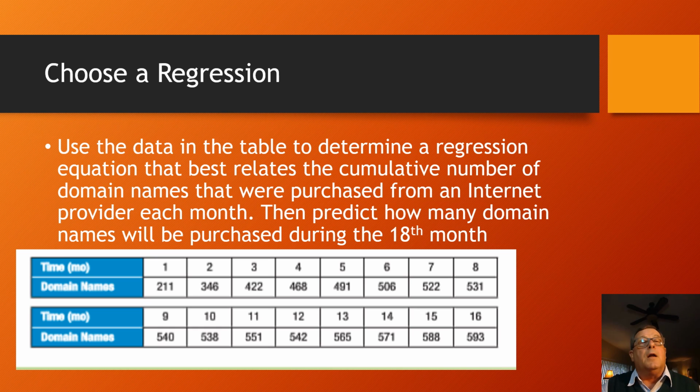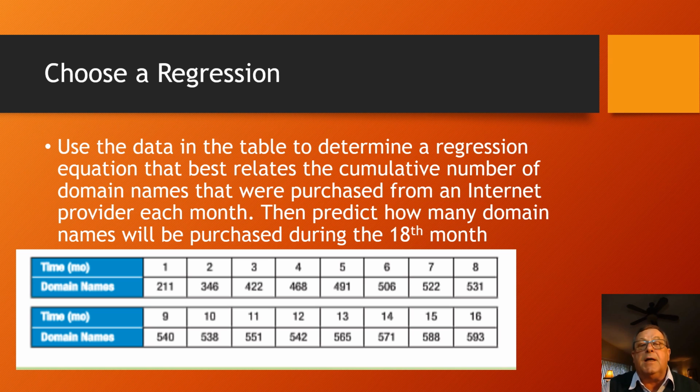Still modeling nonlinear regression, but this time, rather than being told to model a certain regression, we're going to choose a regression. And we're going to choose that regression based upon the general characteristics, the general shape of our scatter plot. And so here we have some data regarding time in months and domain names, and we're out to 16